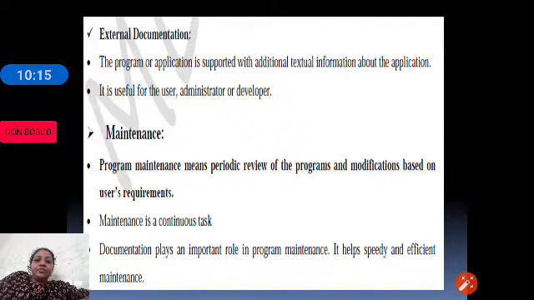Then comes the program maintenance. Program maintenance means, today you have developed a program, after 1 or 2 years your program will become outdated. That means it will become old, and during the course of time there can be some errors that can come, or there can be some features that our program may not support. As one best example I can give you, every day in our phones we will be getting updates. So new update is available, do you want to update your phone?